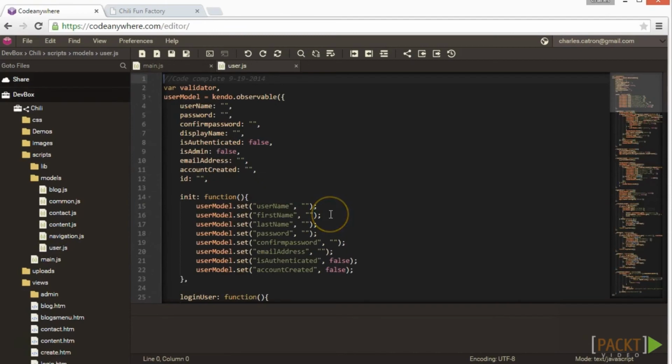First, let's open the user.js file in the scripts models folder. Now we will add in the new properties. Since I am the world's worst typist, I have already added the fields in my copy of the code. I have added confirm password, first name, last name, email address, and account created. These are used to store information about the user and allow the Telerik backend as a service to do the